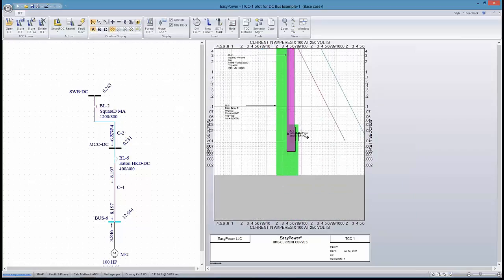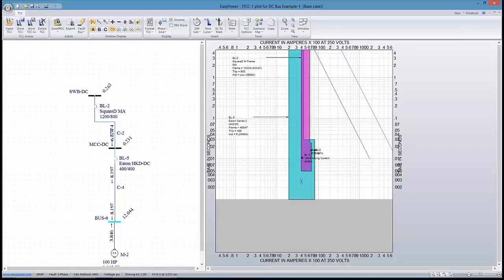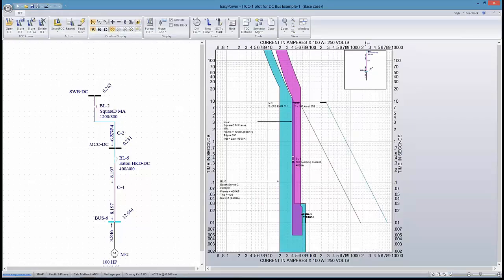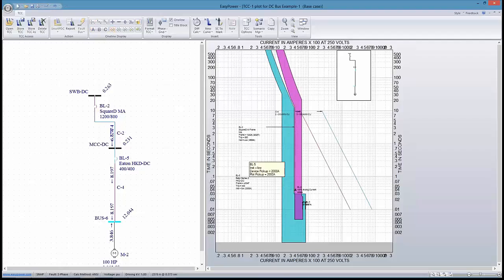If I insert the arcing fault, I can see that the arcing fault current for BL5 on this particular bus is literally in the place where the settings on this particular breaker will cause the longest trip time at this calculated current. And what that means to me is I need to reduce the settings on the breaker, and watch what happens